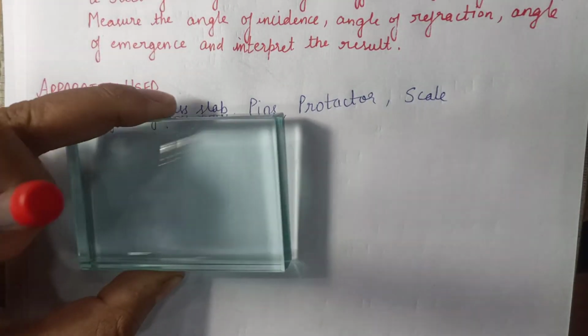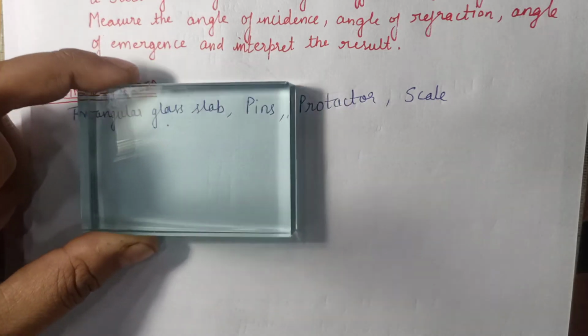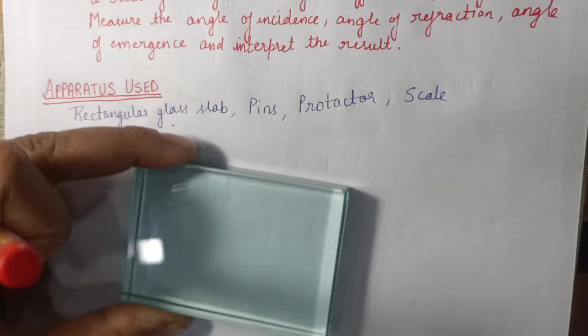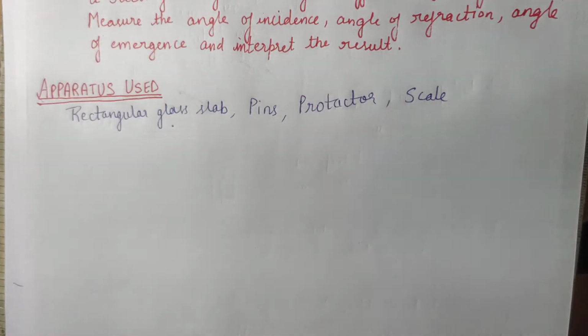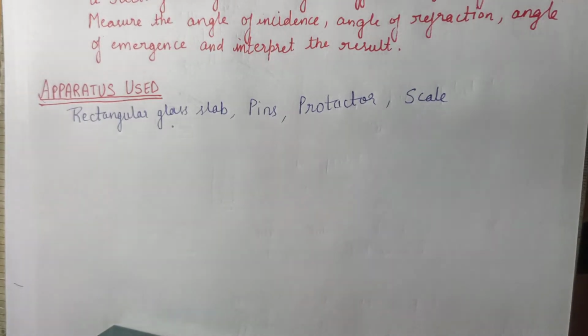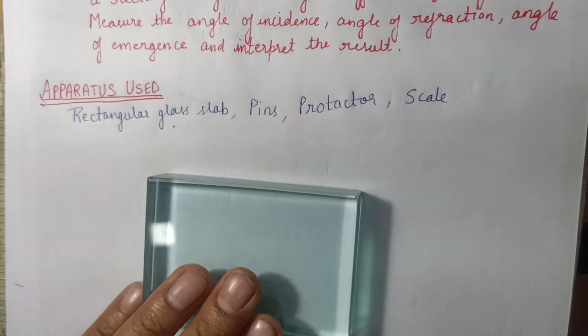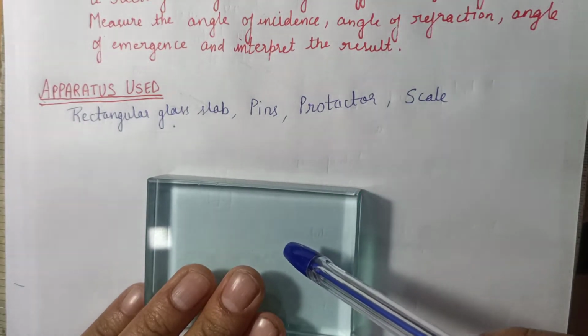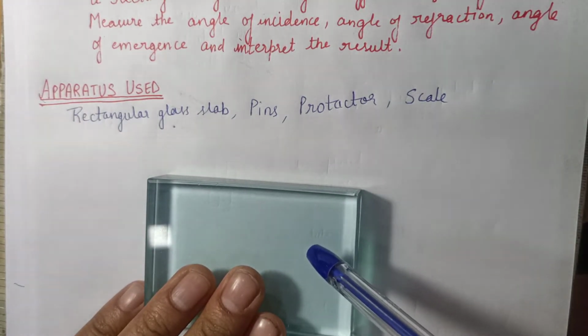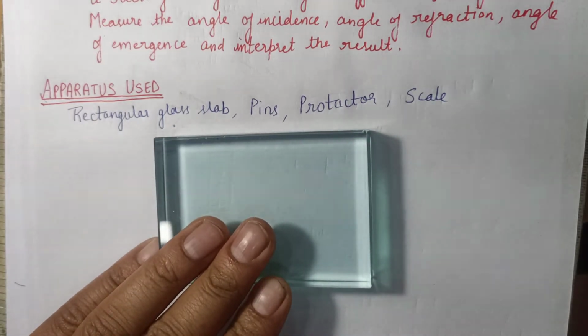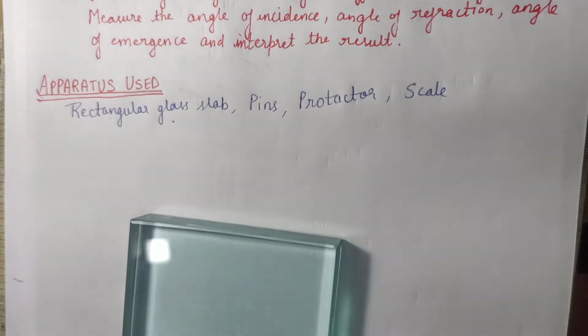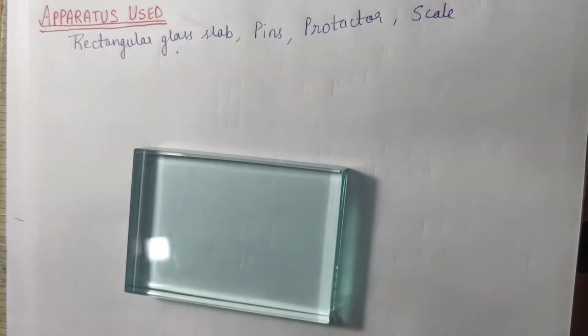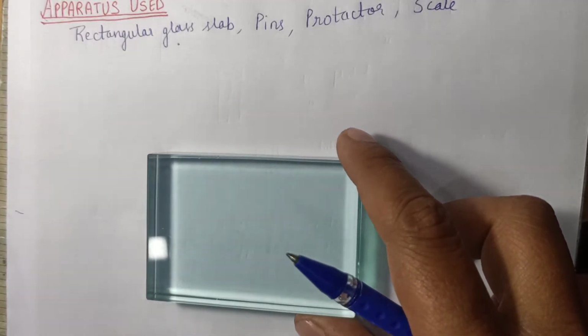This is a rectangular glass slab. You can easily see the phenomenon of refraction in it. So we know what refraction is: whenever a light ray passes from one medium to another medium. Now we can clearly see that this medium is air, and in this the medium is made up of glass. After that the medium is again air. So we will check one by one what will happen when the light ray passes through the rectangular glass